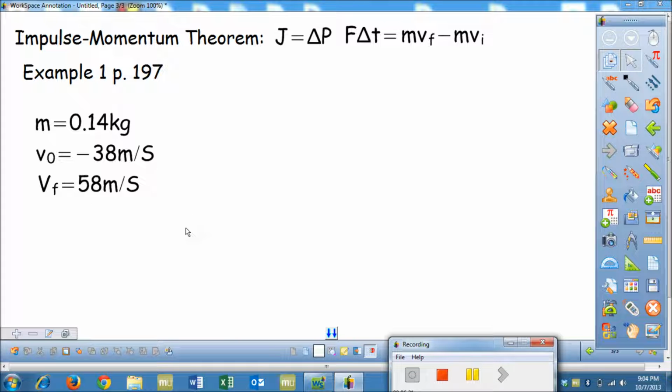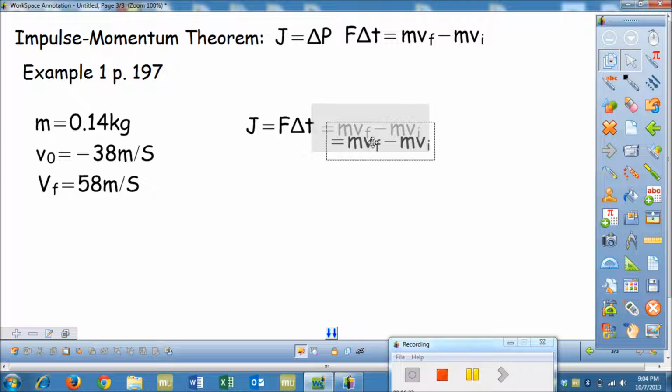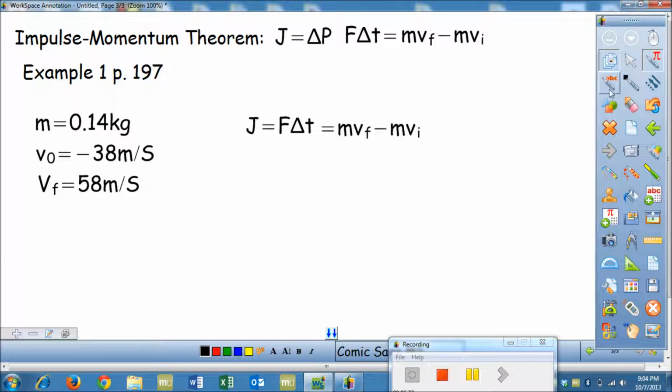Okay, that's better. So, part A: determine the impulse applied to the ball by the bat. So impulse J equals F delta t. We know it's also equal to the change in momentum, right? So it's also equal to m v final minus m v initial. And we know all those things. We know m, we know v final, we know v initial. So we can say for part A,